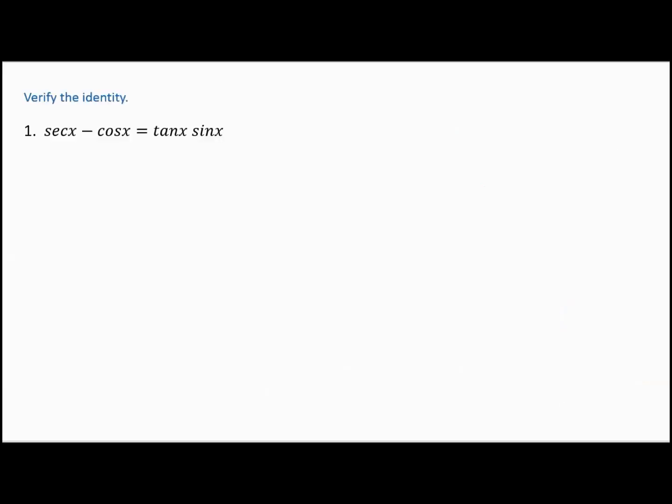All right, so let's verify some identities. I've got secant of x minus cosine of x is equal to tangent of x times sine of x. So the rule is start with the most complicated side, work with that side until it matches the other side. So I'm going to start with the left-hand side,